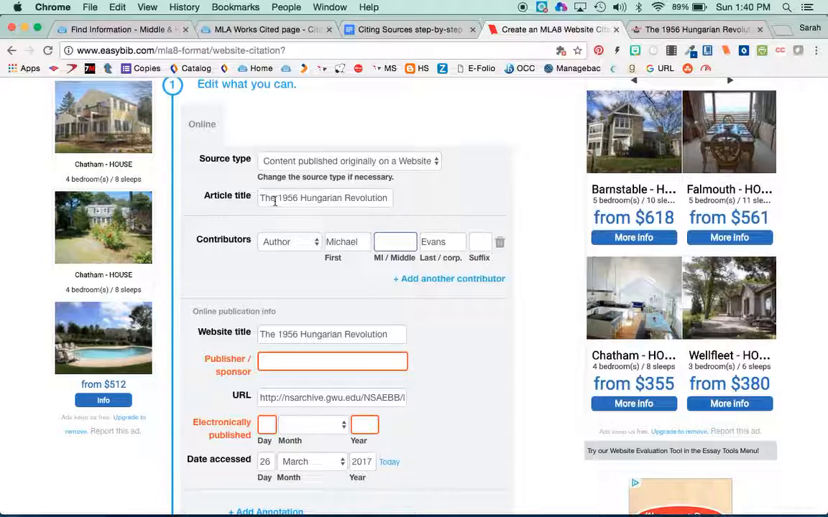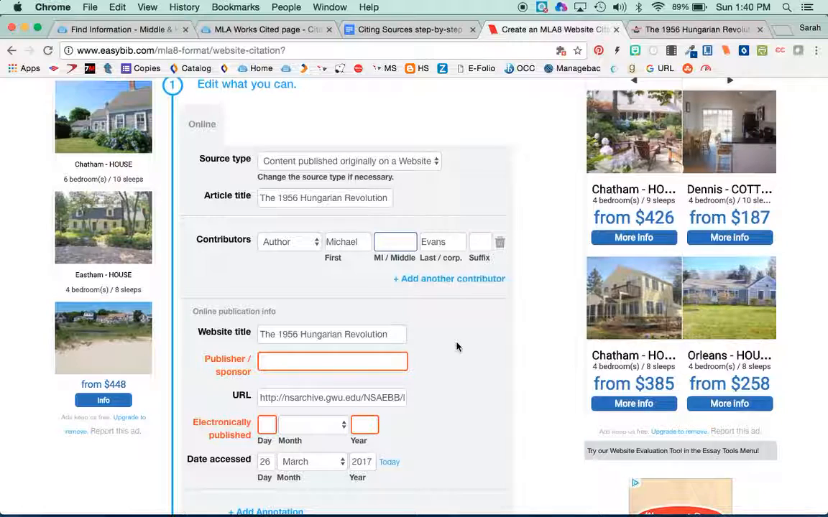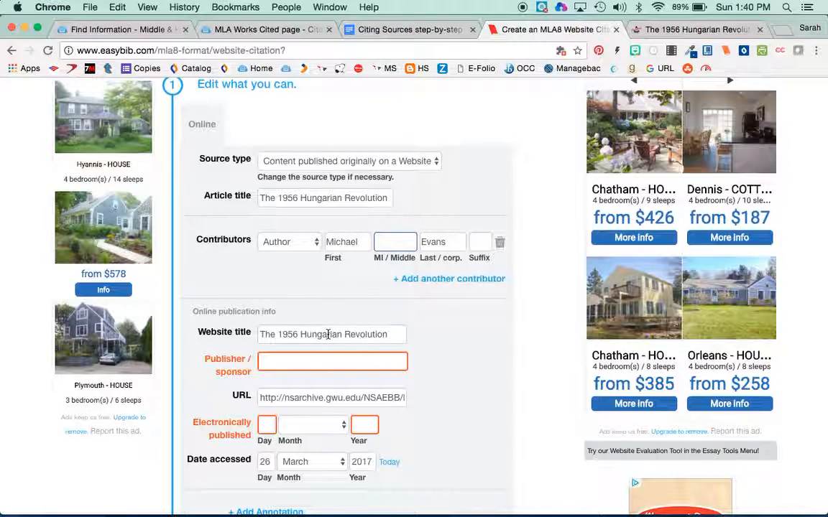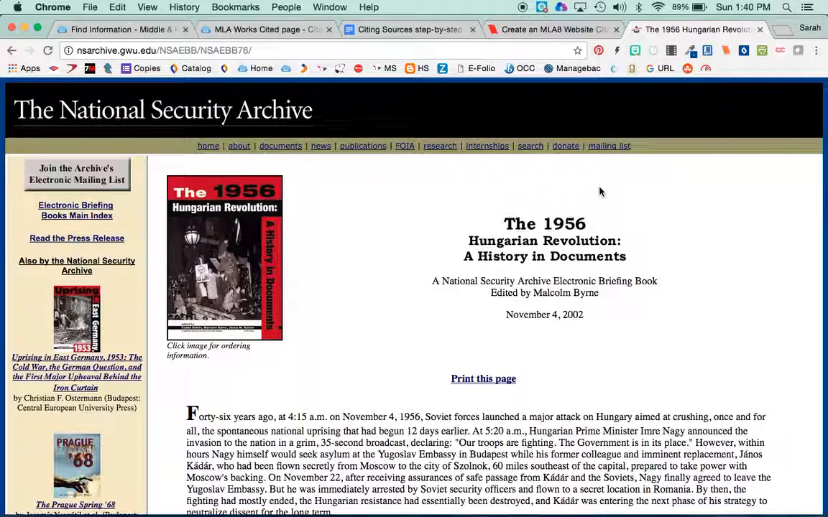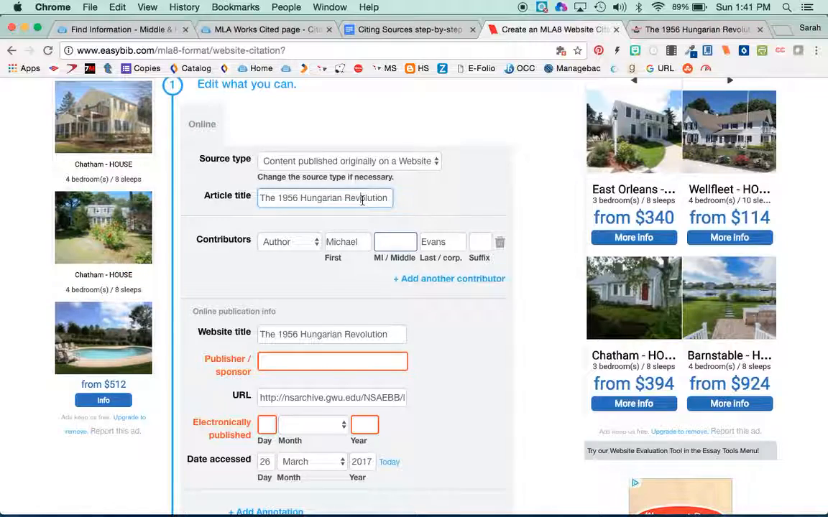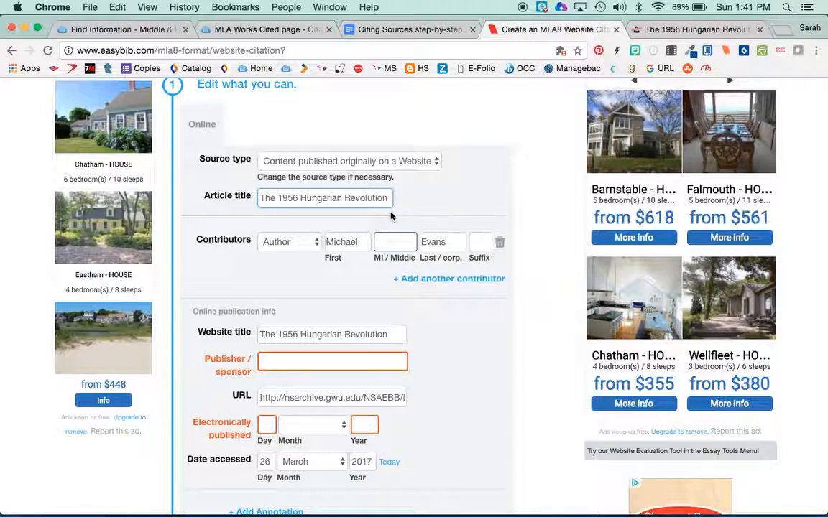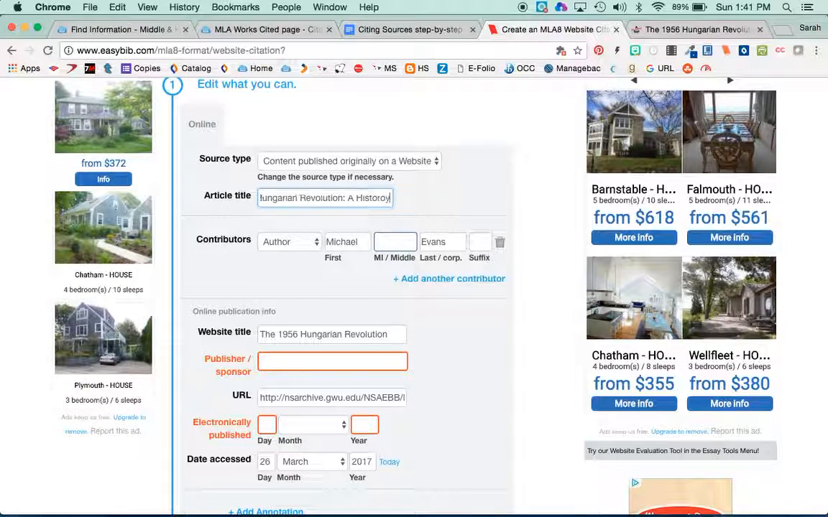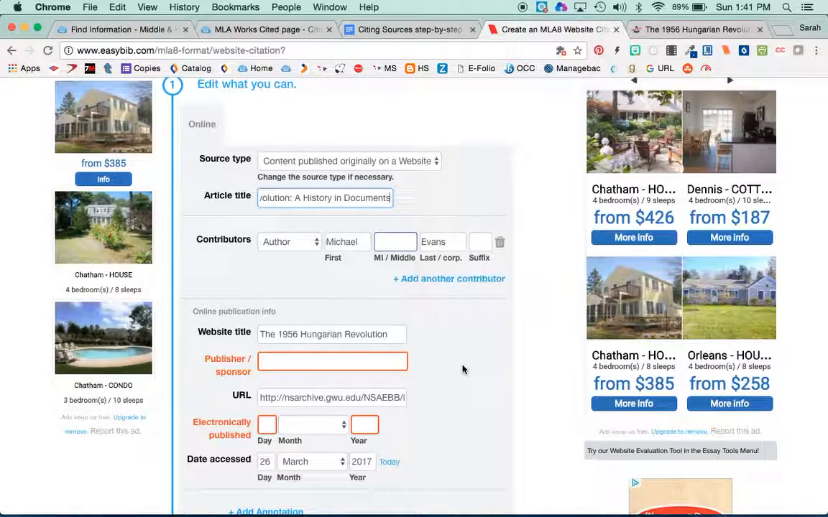Okay, so it found the name of the article, it found the name of the author. The name of the website is the same as the name of the article, so I just want to make sure that I can't do better. I'm going to go ahead and add this, A History in Documents, here, because I don't think it's here. Okay, so I'm going to add that here, A History in Documents, as the title,